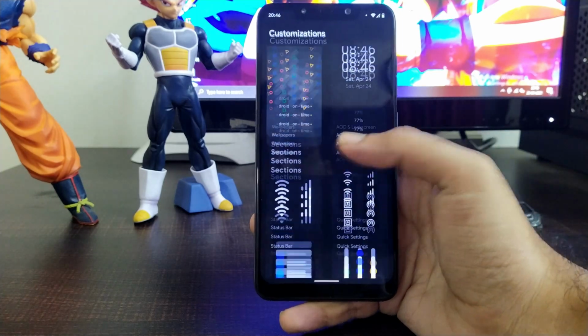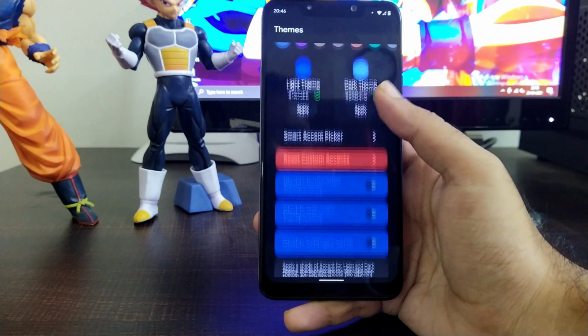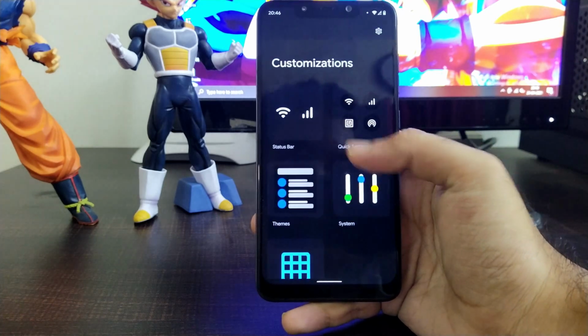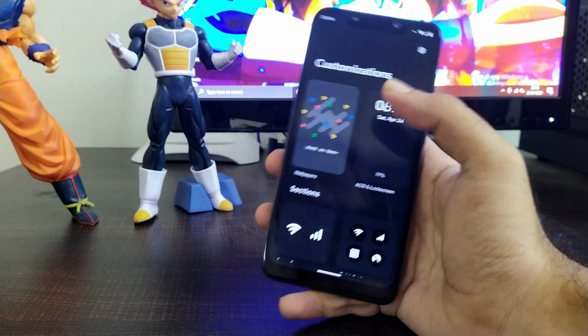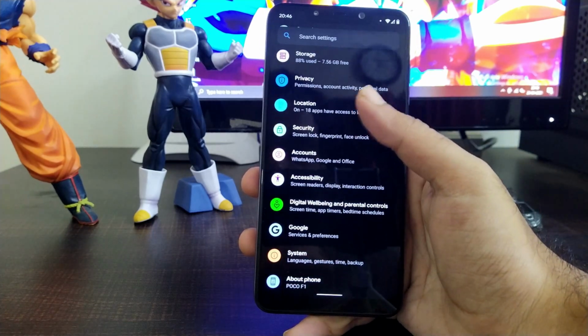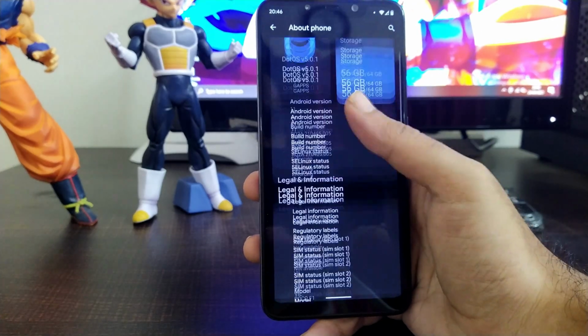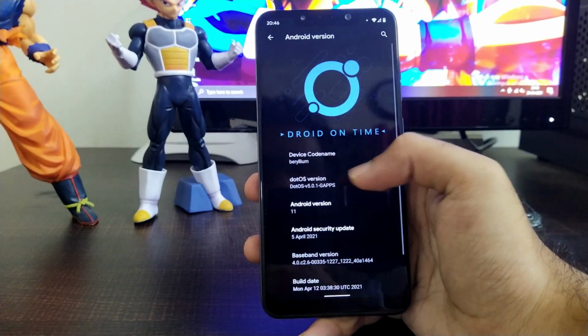You might also know the concept of the Lottie animation which you have seen recently in many of the LineageOS versions, but you will fall in love with this type of customization and user experience. The ROM is specifically made keeping in mind all of the user experience and giving them a rich UI and UX. So that's it for this video guys.